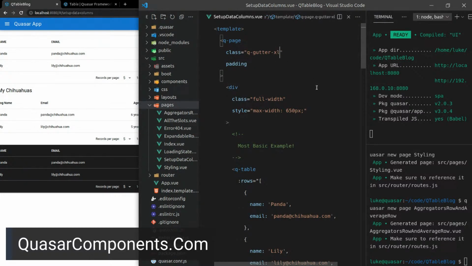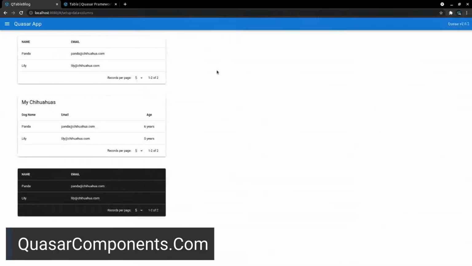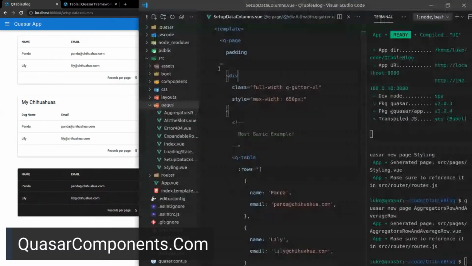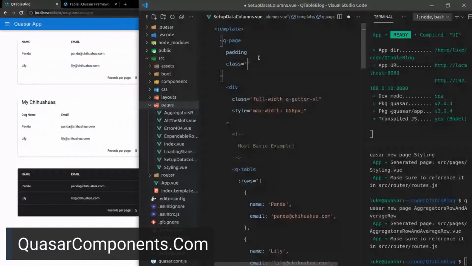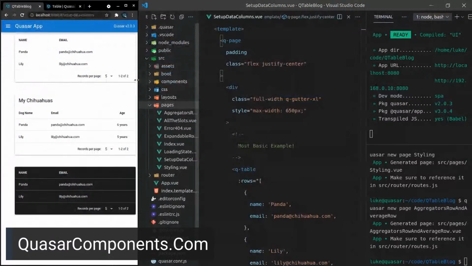So we got that gutter in place. It looks like the gutter isn't working anymore, though. Oh, of course it's not, because it's in the wrong spot. I'll put it there now. So let's copy this, paste it there. Is that going to work? Yeah, there we go. We just need to center it all now, otherwise it doesn't work properly. Class is equal to flex, and then we'll say justify center. Cool. All right, that's working nicely.